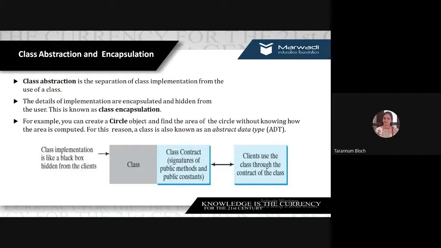So your class contract is basically the signature of the methods and the public constants, because in order to use any class you need to have some public methods, and with the help of those public methods any user can use your class property. Fine. So if I talk about class abstraction, basically abstraction means hiding the background details, right?